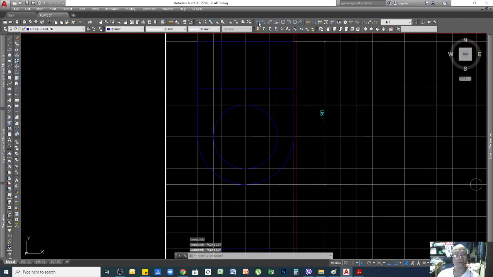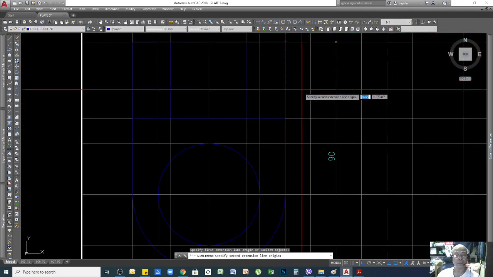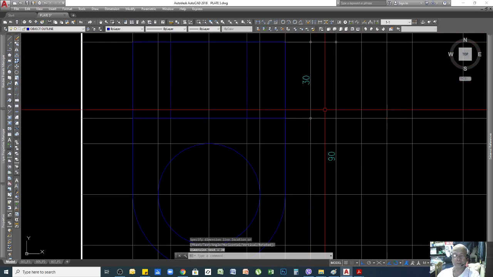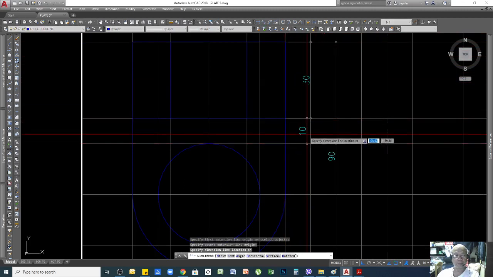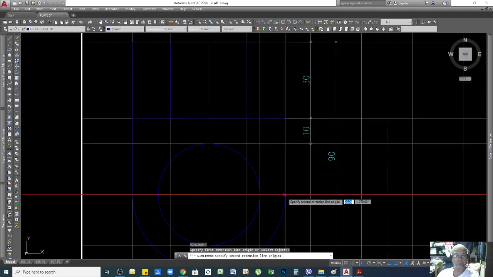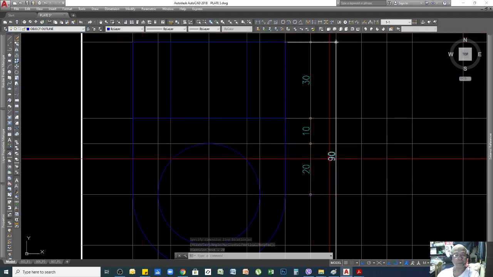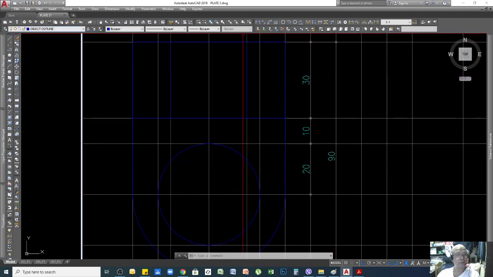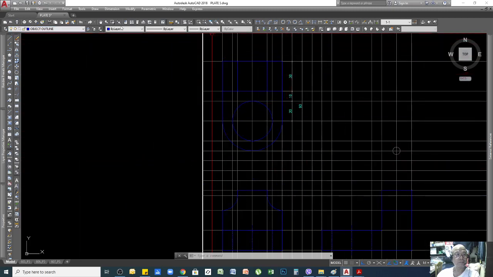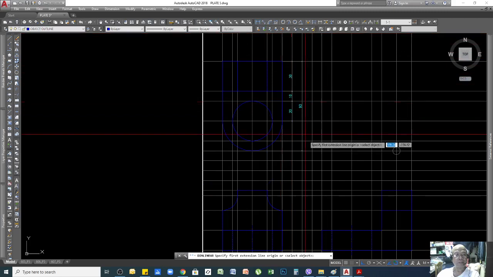Alright, so then of course you need to proceed to the rest of your drawing. If you are not on the same layer as the one you want to create, later on you can just change the property.